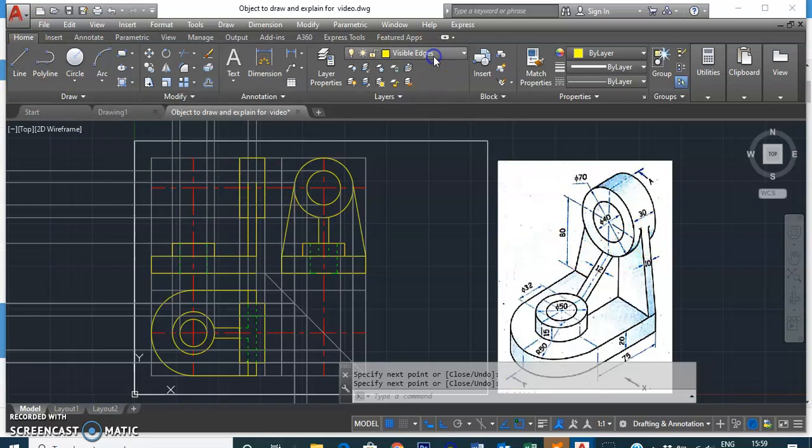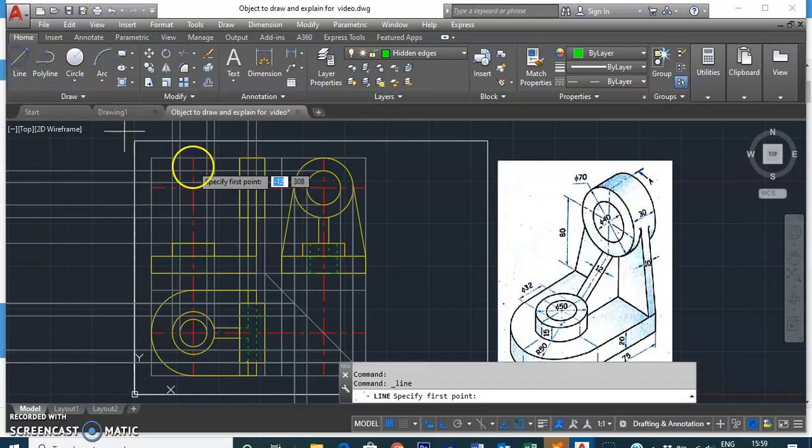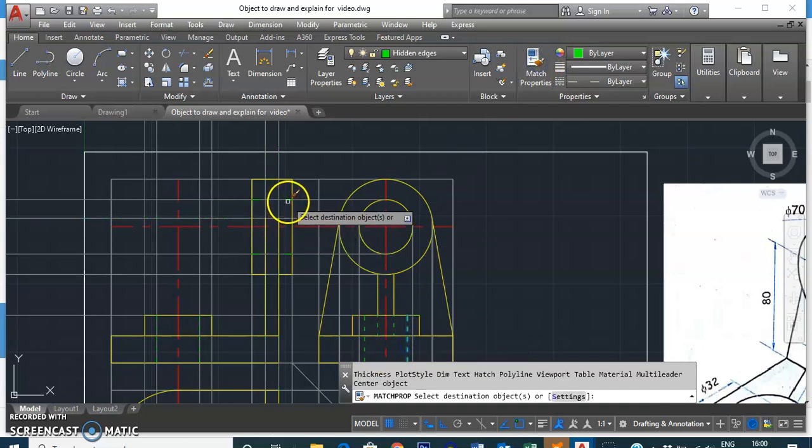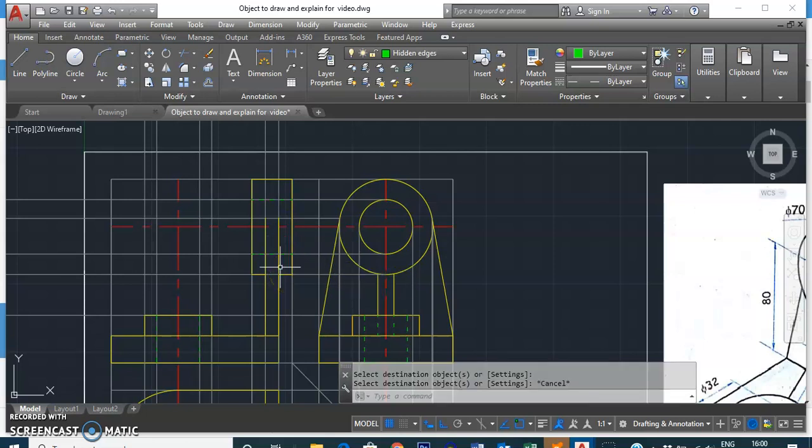Let's draw hidden lines for the inner cylindrical hole, which is not visible from the front view. So diameter 40 is not visible from the front view. The way this diameter 32 is not visible from the front view, for which we already have drawn these two hidden lines. Now we'll draw two hidden lines over here. So giving the command of line from here to here, then one more hidden line at this position. Okay, we'll use match properties again. Match properties, source object, and this will be our destination object. Done.